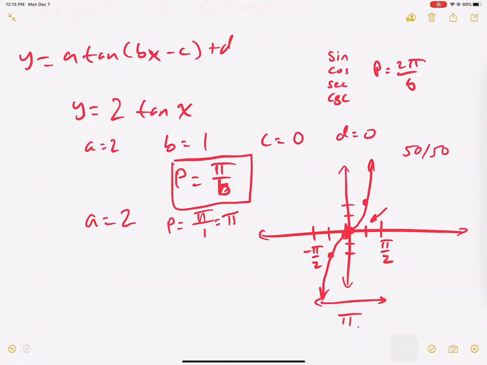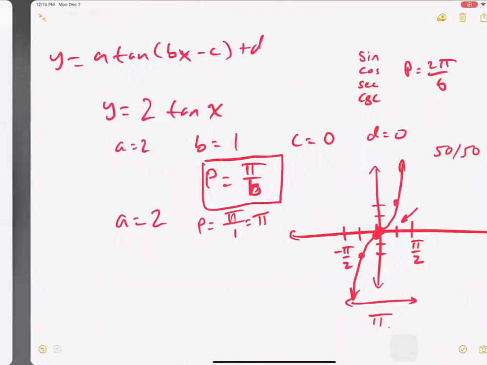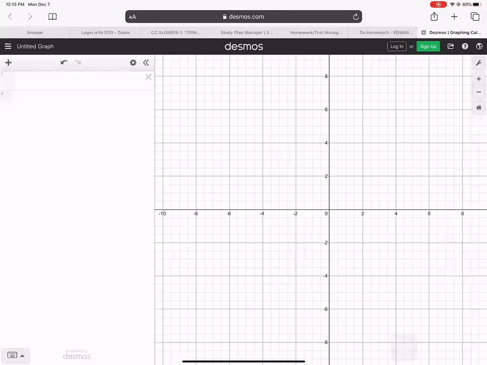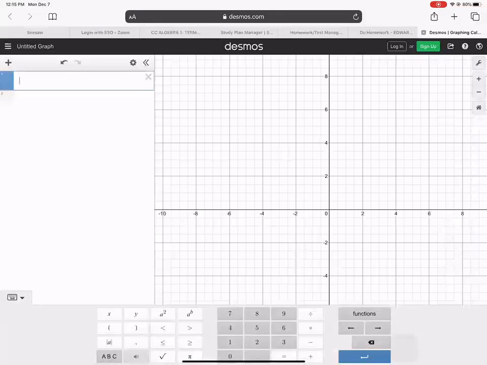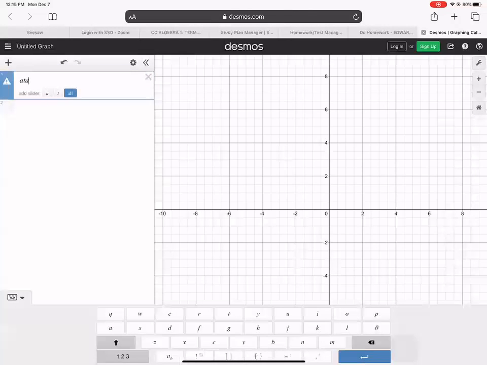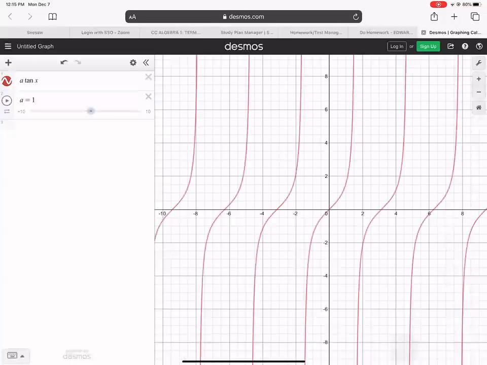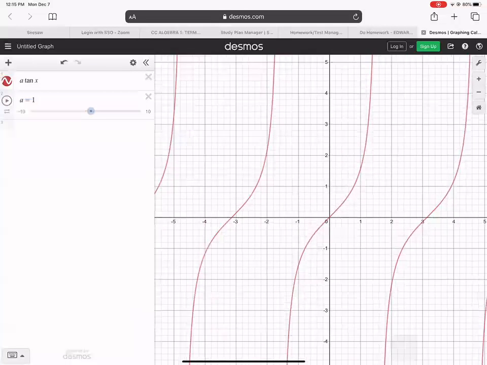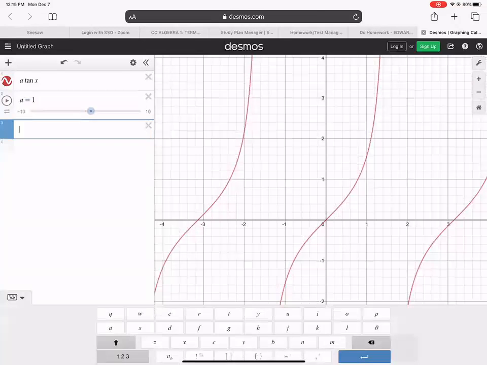Now I want to show you this on Desmos to see that you notice the values that we chose. So on Desmos, oh my gosh, you reset it, did it? Oh gosh, that's great. Okay, so if I write again, I'm going to use the letter A this time. A tangent of x. Okay, add a slider for A. I want you to notice, let me go ahead and just write it. X equals